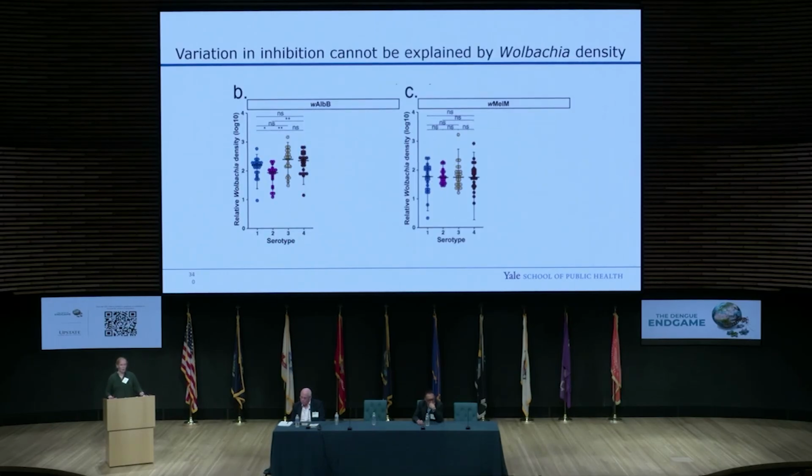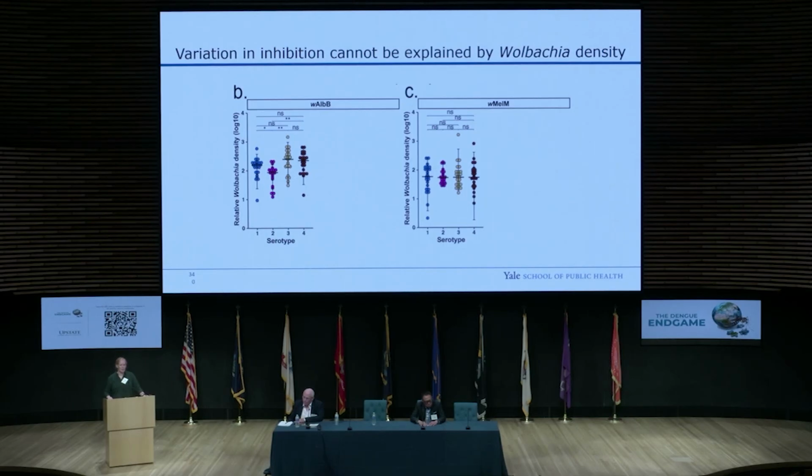Another very important factor we wanted to control for is the density of Wolbachia. Typically, what previous studies have shown is that the more Wolbachia there is in the mosquito, the more inhibition you can see. So we wanted to see with our data set, do we see any differences in that density, and could that explain some of the variation we're seeing? First here we break it down by the relative Wolbachia density when we test these batches of mosquitoes for the different serotypes. Overall, again, there's maybe some slight differences, but the densities were pretty constant, especially for WML. And so that really doesn't seem to explain the variation.